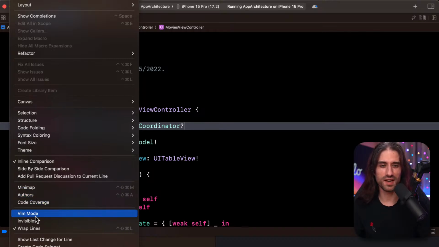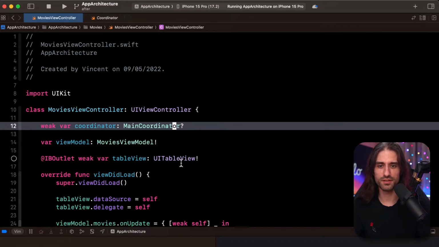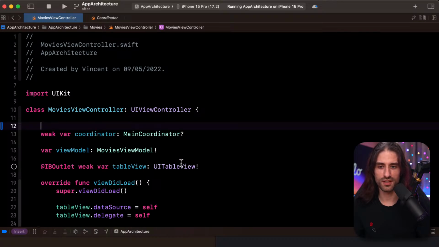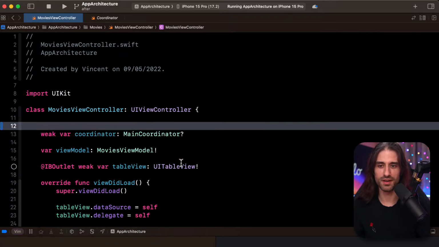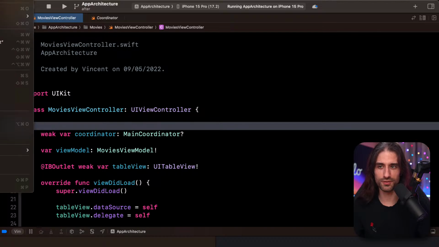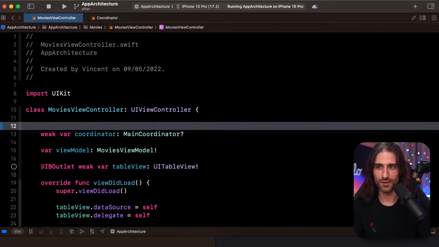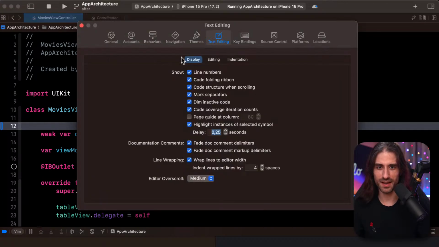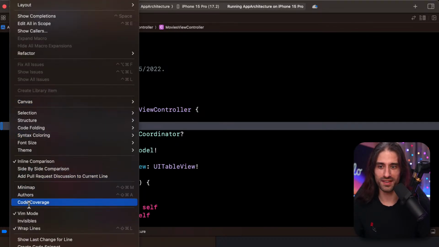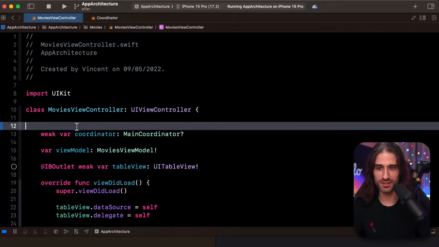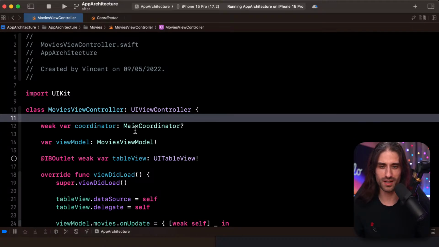Oh yes, it was there and I missed it. So now I'm in Vim mode, and so you see, if I start writing, I need to know the shortcuts from Vim. But let me tell you, I don't know the shortcuts from Vim. So I'm gonna exit this thing. All right, I don't use this thing. I guess I'm not geeky enough to use this thing, so I will stop here.